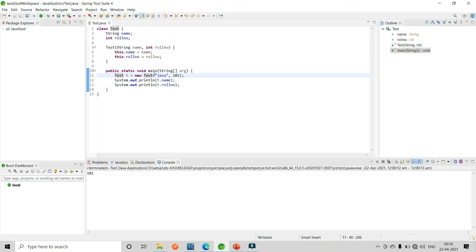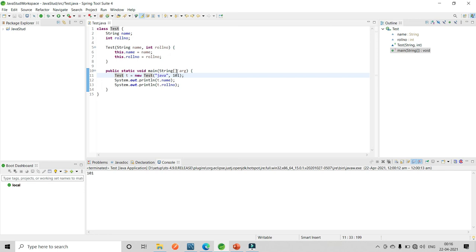We are creating a constructor with two parameters, and we pass the values at the time of creating the object.